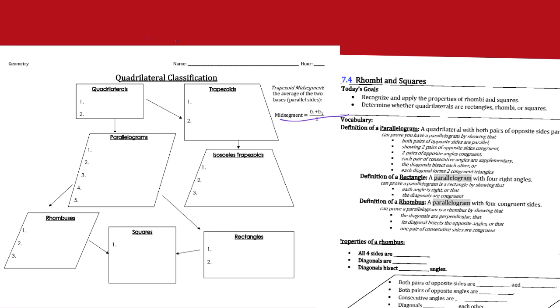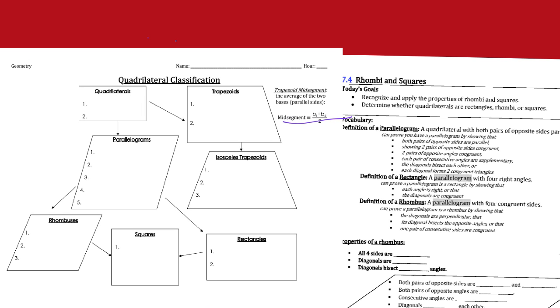Okay. A quadrilateral is a four-sided figure. Okay, so this is a family tree. So a four-sided figure is a quadrilateral. Also, if you have a four-sided figure that's called a quadrilateral, that's a definition. So you can kind of even highlight that to be like, okay, if you have a quadrilateral, the definition